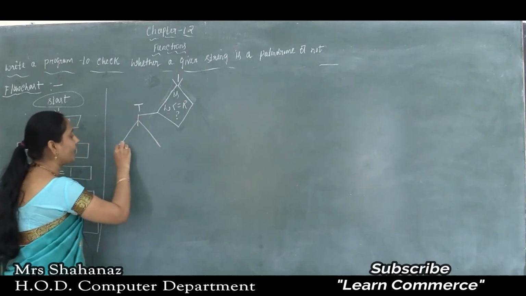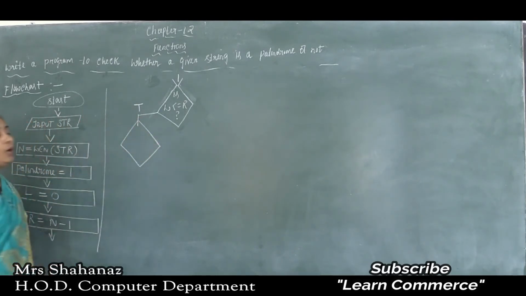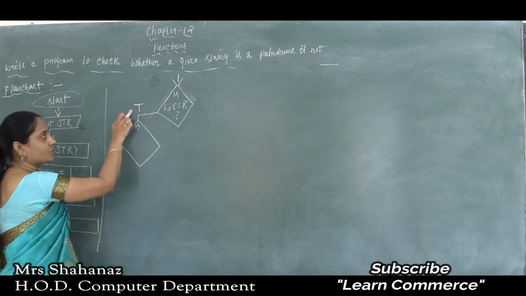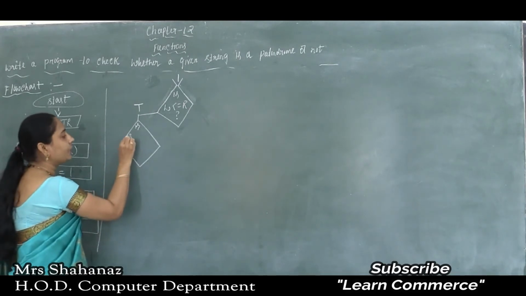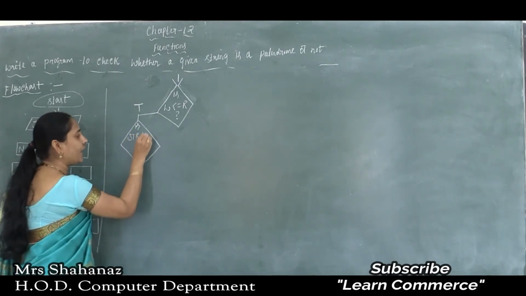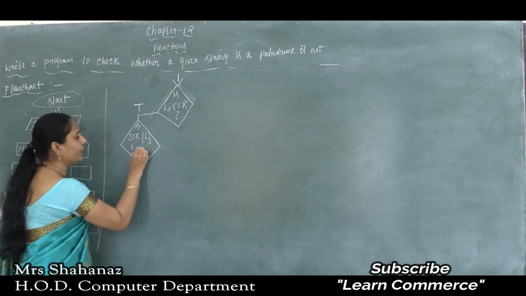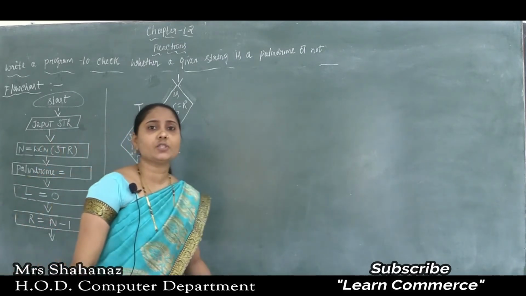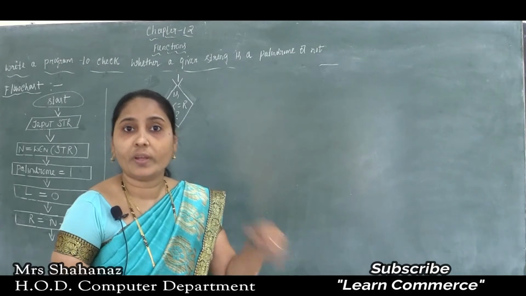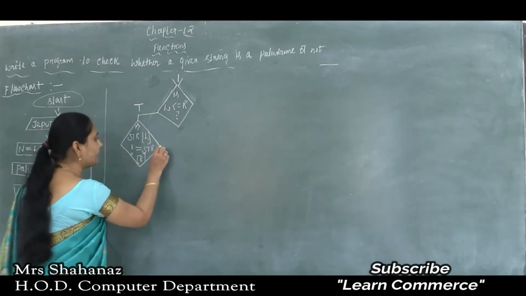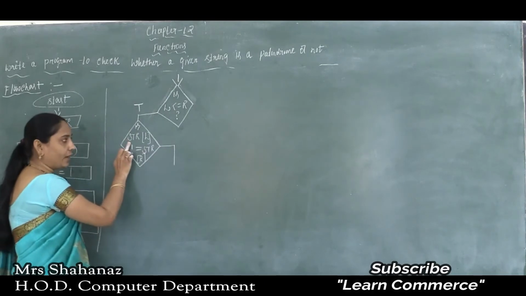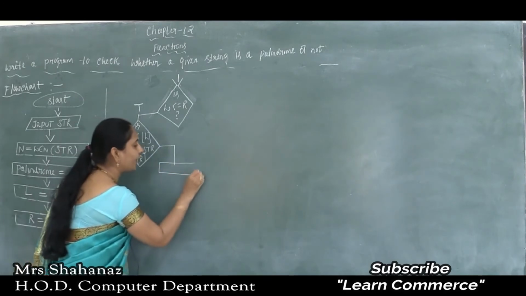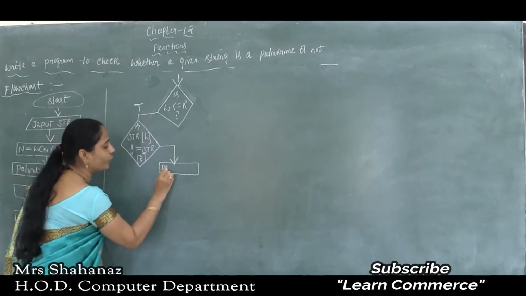As the condition is true, that means I need to check one more condition. Okay? So what's the condition? If this condition is true, I need to check one more condition. The condition I am checking is STR of L is not equal to STR of R. As we know, the left value is not equal to R value. If such condition is true, then we know that the palindrome value is equal to 0.